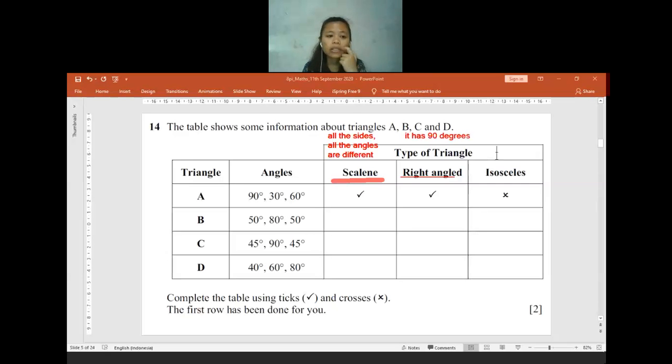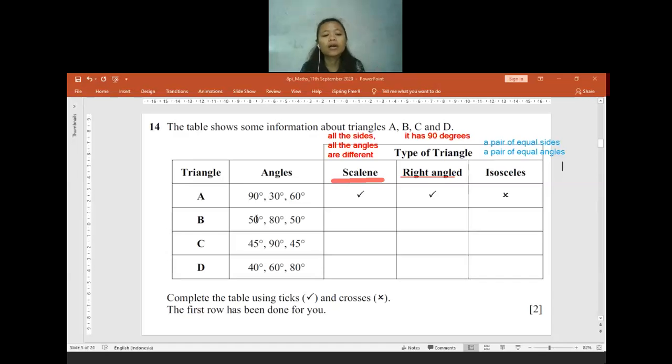Okay. What about the isosceles triangle? Yeah, it has two pairs of equal sides and two pairs of equal angles. Thank you. One pair, sorry. A pair of equal sides, and a pair of equal angles. Okay, thank you. So all of you still remember all of these properties, so we can continue.